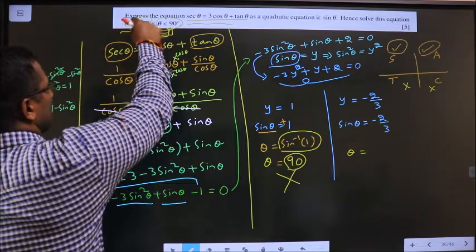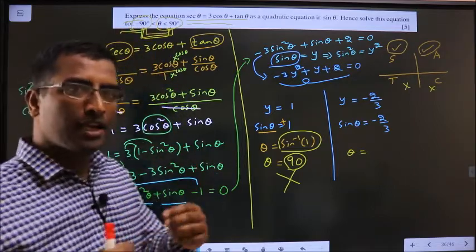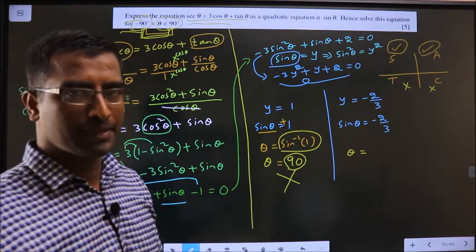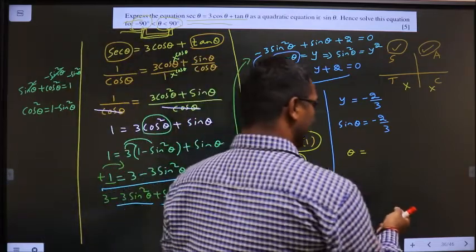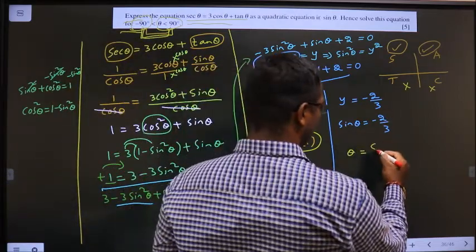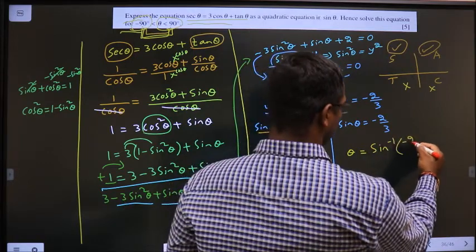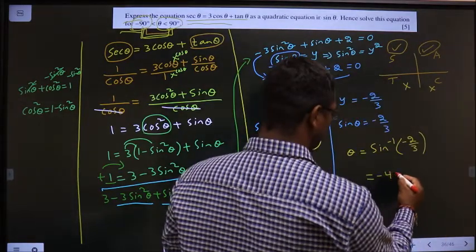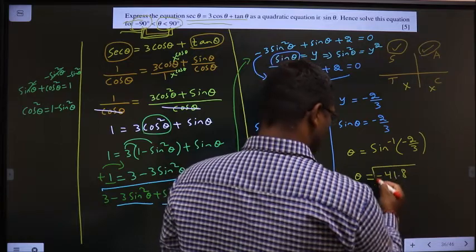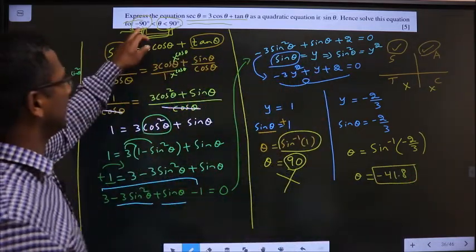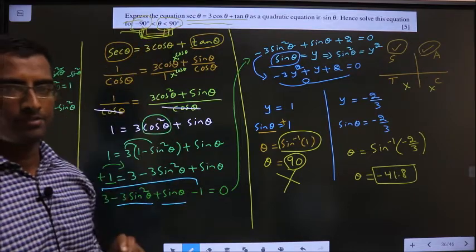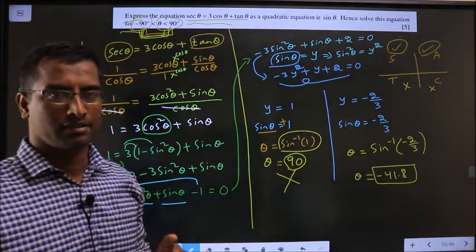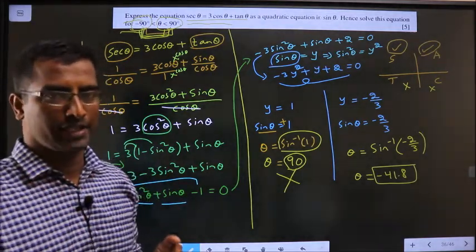Because here is negative 90 degrees, that means one answer for theta should be in negative. And how do I get that negative value for theta? Means in this way. To get negative value, don't do much. Directly send sine to the other side. It will become sine inverse of minus 2 by 3. So this if you put in the calculator, you get minus 41.8. This angle lies in the given interval. Clear? Whenever there is negative interval present, you should get one negative answer. He gives the interval in such a way only. Okay.